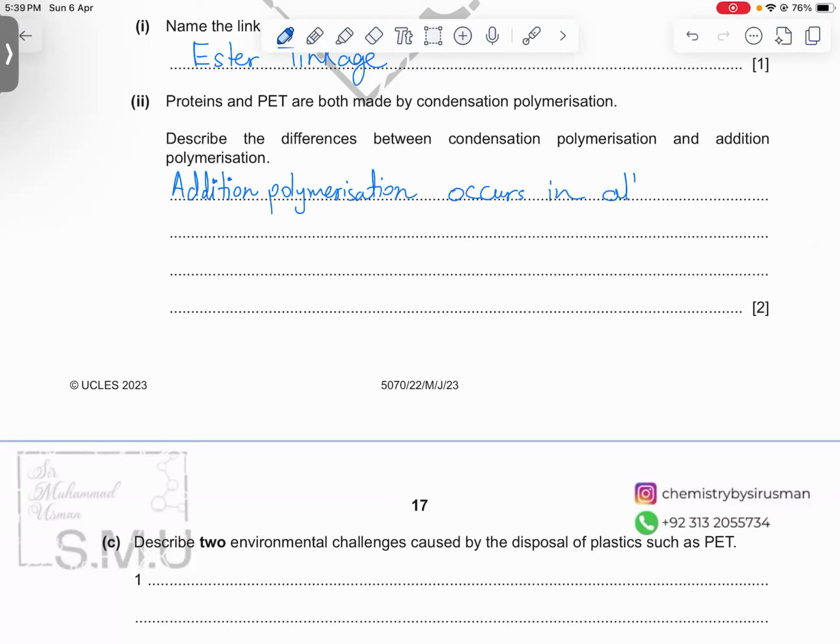it occurs in alkenes and only produces a single product because it's an addition reaction, the polymer, right? So in addition polymerization, there is no loss of mass. If the reaction has 100% percentage yield, right? If percentage yield of reaction is 100%, that means 100 gram of reactant should produce 100 gram of desired product. Okay, but